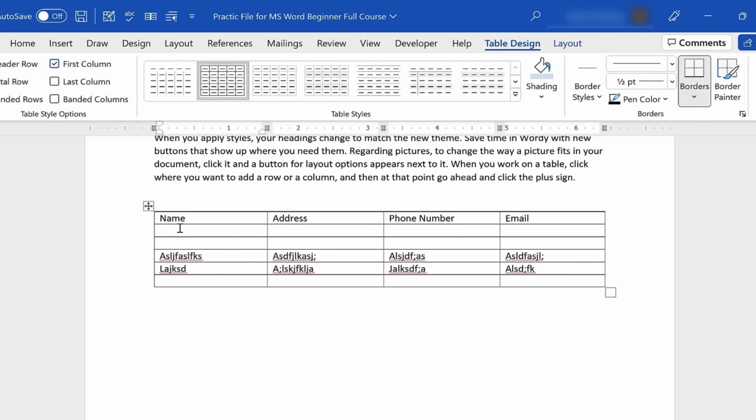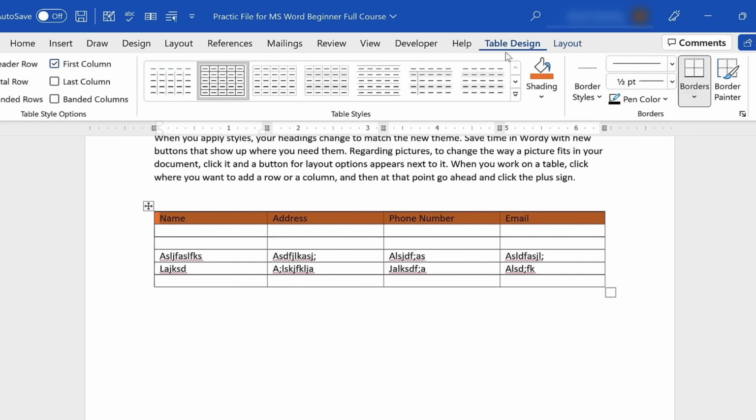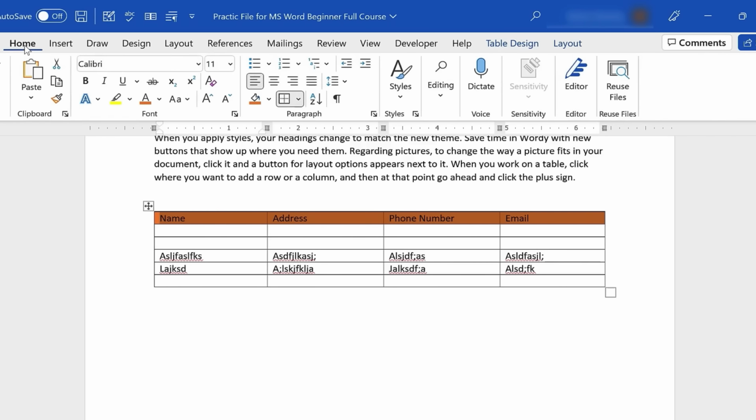Now it's probably a good idea for me to differentiate between the column headings or titles here at the top and the rest of the information. So I can just click and drag to select that first row, and then I could go here to the Table Design tab, and here in the Table Styles group, there's some options. I could click to shade that top row differently, and I could still use the same font options that I have on the Home tab in the font group. I could make the text bold, and over here in the paragraph group, I could make it centered. So those are some nice ways to format your table so that it stands out and the information is easier